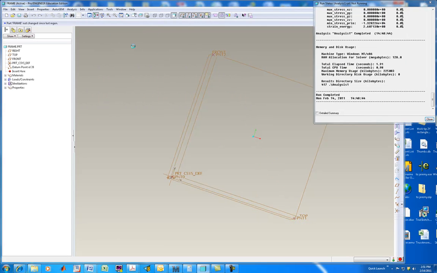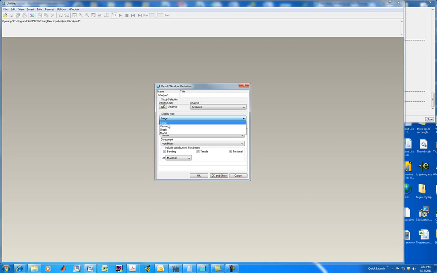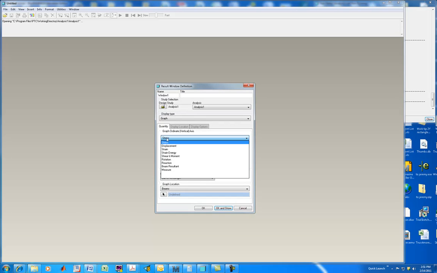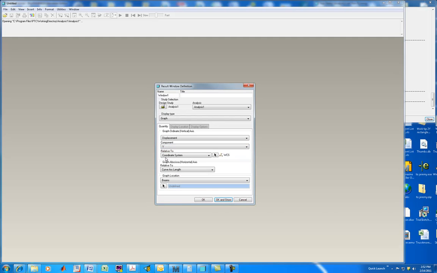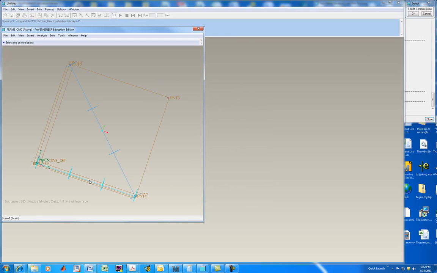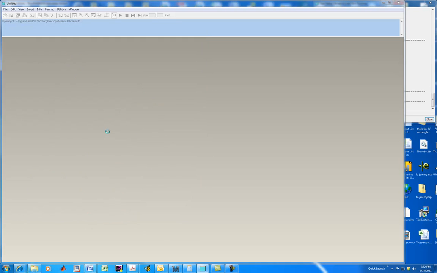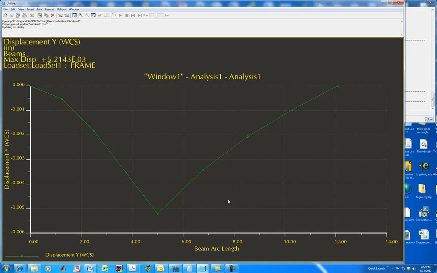Then let's go back and look at a few other results. Rather than fringes, let's look at some graphs. One of the graphs that's interesting would be a displacement graph. Displacement in the local Y direction for the beam segments. We will choose our beams. I'm going to choose that beam, hold down Control, and choose that one. Over here, say OK. That will be treated as the beginning of our horizontal axis. OK and show. And we see the bottom beam